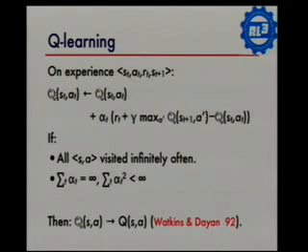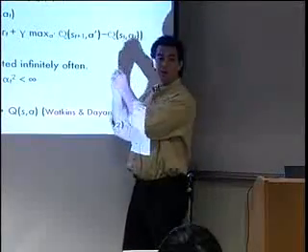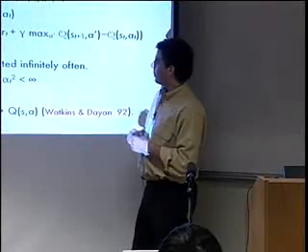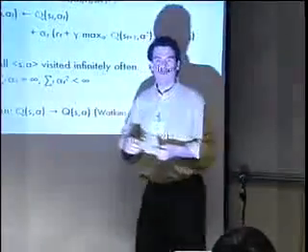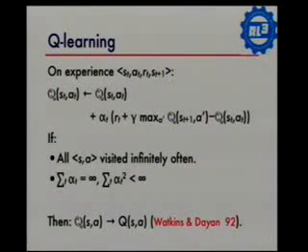What's cool about this, two things that are really cool about this. One is, it's hard to imagine a smaller algorithm for learning in complicated environments. I could have put it on one line with a slightly smaller font. So it's basically a couple lines of code. And it has the property that if each state and action are visited infinitely often, if it explores the world forever, and the learning rates decay but not too fast, then this cartoon version of the Q function converges in the limit to the real Q function. And therefore it knows the real values of the environment, and it knows how to maximize reward. So that's a cute trick.